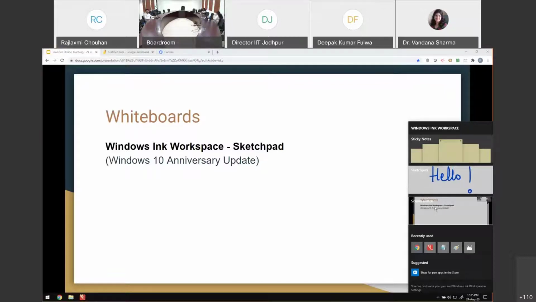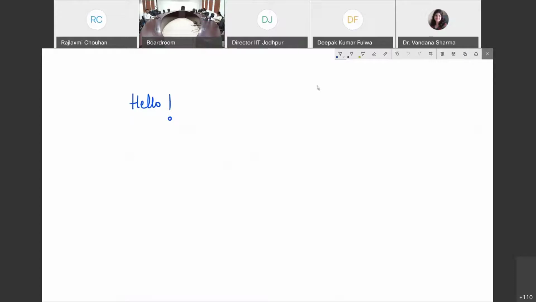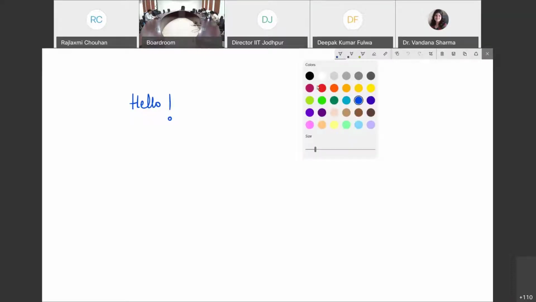But particularly as a whiteboard, I'm talking about the sketchpad of Windows Ink Workspace, which is this. I have been using this sketchpad for past several years, and I'll show you why I particularly like this. One really great feature about this is that it covers the entire screen. So it gives a lot of real estate to write. There are pen options and stroke sizes. So if you're typically say teaching in classroom 308, now pen size 3 is suitable. From that point of view, there are a lot of color options.